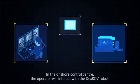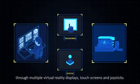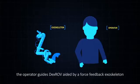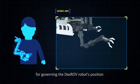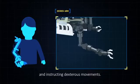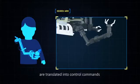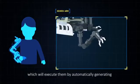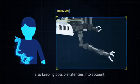In the onshore control center, the operator will interact with the DexROV robot through multiple virtual reality displays, touchscreens, and joysticks. Using cutting-edge technology, the operator guides DexROV, aided by a force feedback exoskeleton, for governing the DexROV robot's position and instructing dexterous movements. The arm and hand movements made with the exoskeleton are translated into control commands and sent to the DexROV robot, which will execute them by automatically generating an adequate path and force profile, also keeping possible